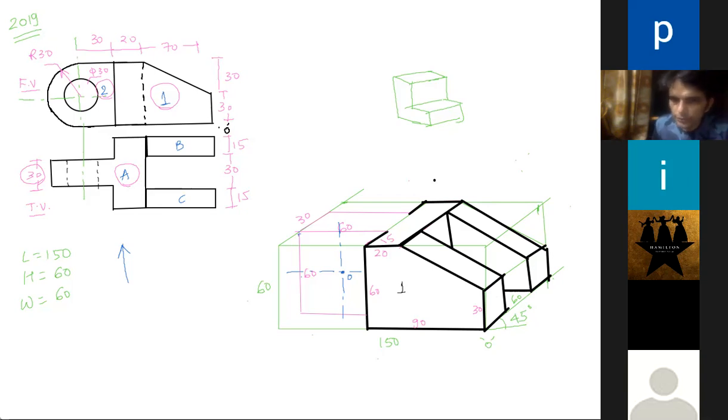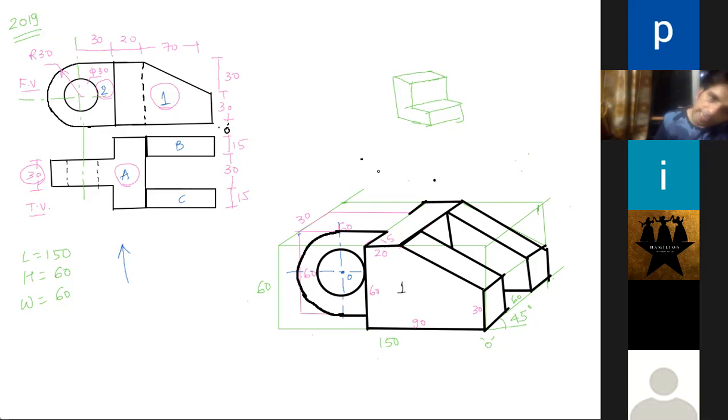So I need to draw a circle. I'll take 30 and go down by 30 and draw a circle. Got it? But I don't have to draw a full circle. I have to just draw a half circle. Got it? And from the center again, I will draw a circle. Got it? So draw this much. Then I'll explain the next part.